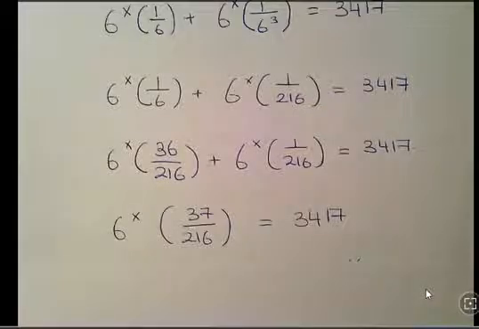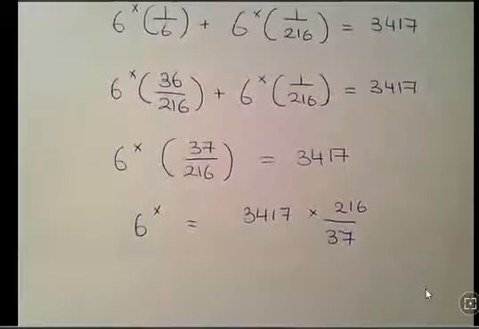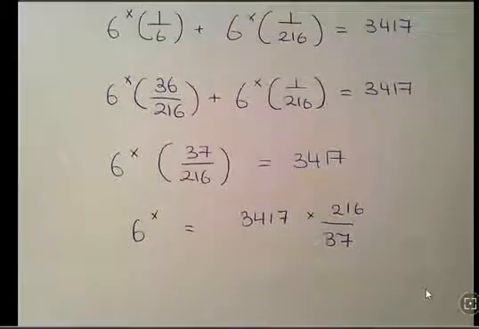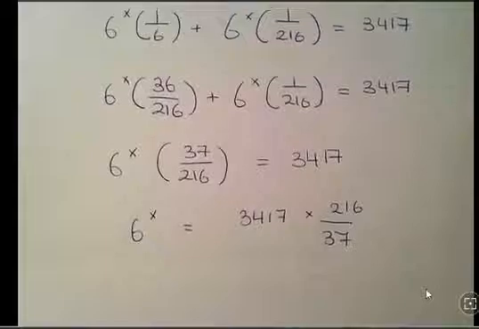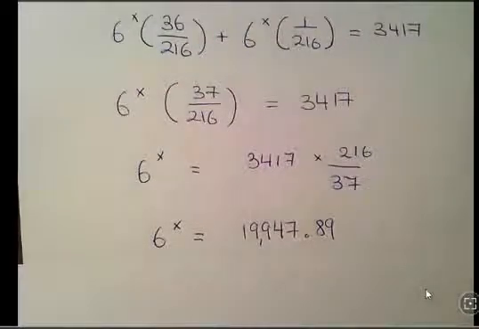As I warned you before, these numbers can get awkward really quickly. What I'm going to do here is cross multiply both sides, recalculating. So 6 to the x is equal to 3,417 times 216 over 37. Hopefully numbers like this cancel out, but it didn't work out in this case. Essentially what I got here is 6 to the x equals